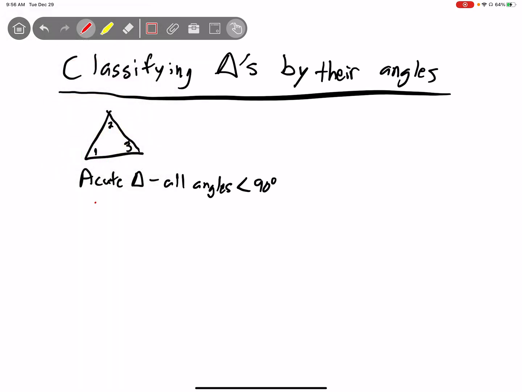Then we have an obtuse triangle. Okay, let's say that this angle was 100, and this one was 50, and this one was 30. Remember, all triangles have 180 degrees. This is an obtuse triangle